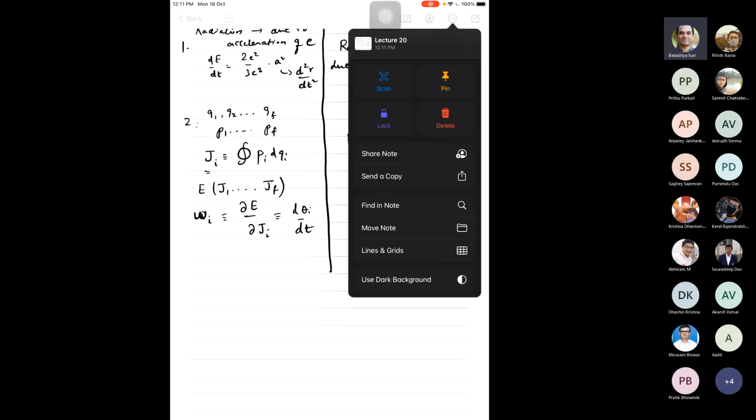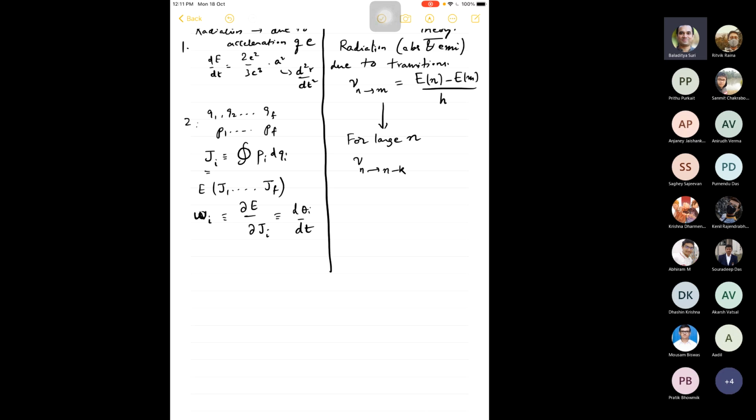So n is also large, for large n and m such that k is small. Okay, n minus m is small. In such a case, this formula here also reduces to delta E by